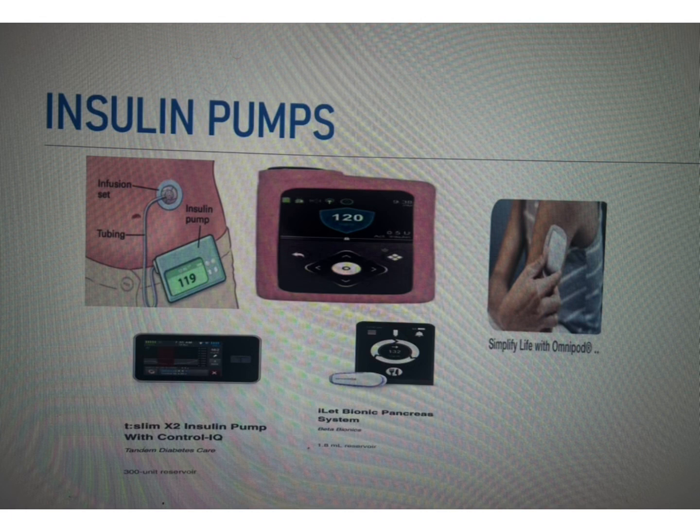Comparing the cost of different pumps, Medtronic and Tandem or T-Slim, the price is about $7,000 to $8,000 plus cost of supplies every month. Bionic is cheaper than Medtronic and Tandem, price is about $4,000. Omnipods, you don't have to spend for the device, but about $50 every 3 days for disposable Omnipods. So this can exceed the total cost of the pump on the other side of Medtronic and T-Slim if you don't have insurance